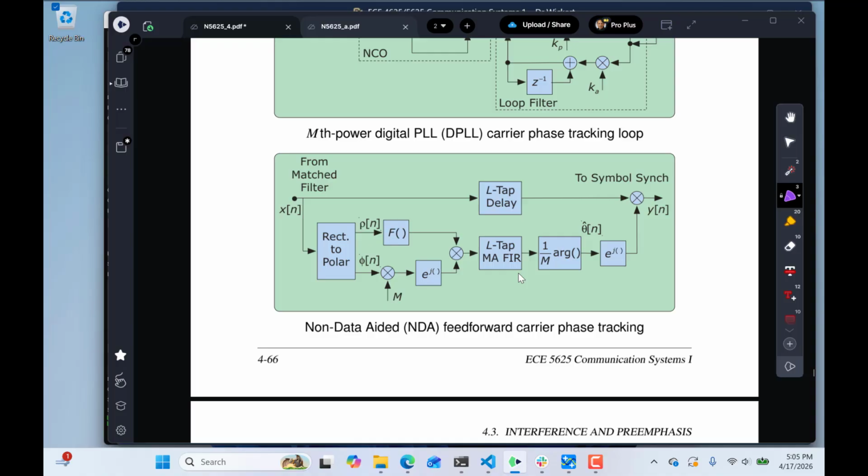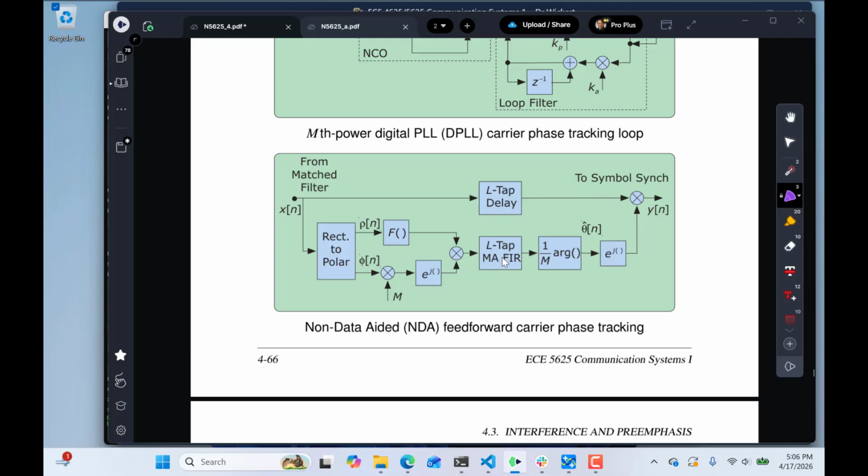This is a variation on that, and rather than using a feedback loop, this is a feed-forward carrier phase tracking. What it does is put in the signal path on top an LTAP delay just to match the delay that the bottom processing is going to throw in. And then we form the nth power operation by going rectangular to polar. We have a function to manage just the magnitude, and then we have a multiply by m to form the nth power operation. So in the phase domain, we're just going to multiply the exponent by m, and that's what this lower branch is. Then we reform it to an e to the j and bring the amplitude, or the